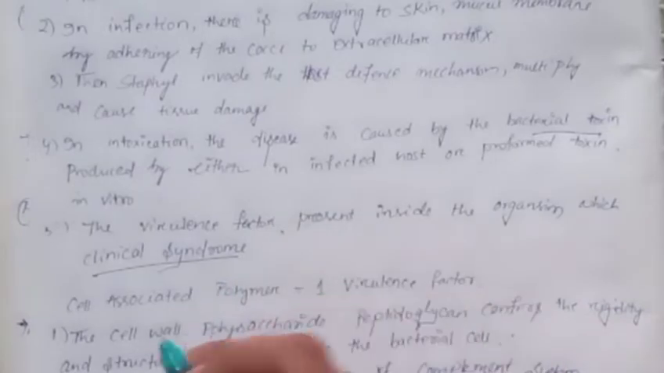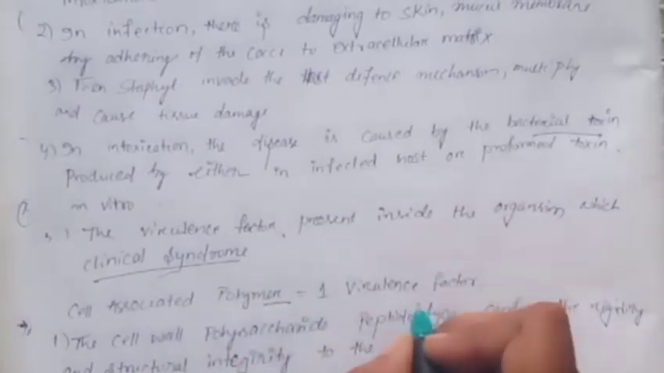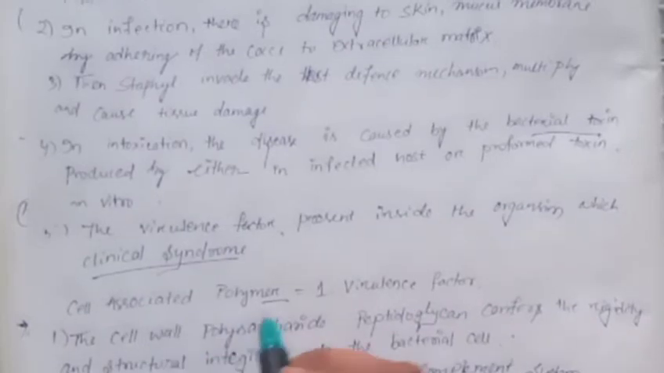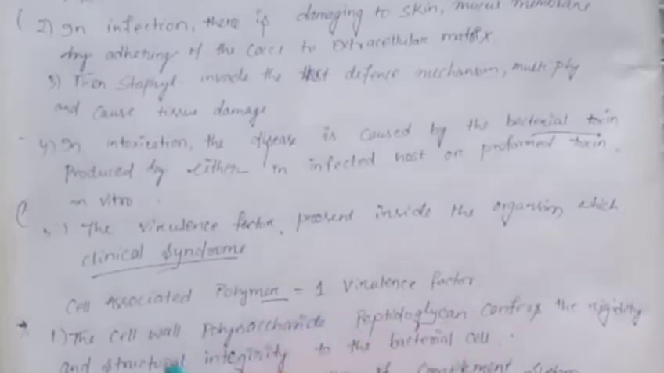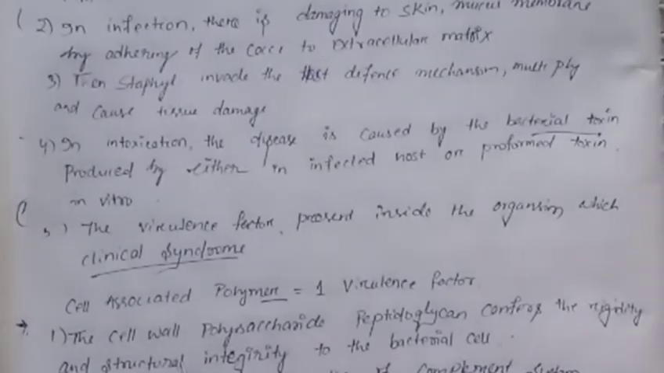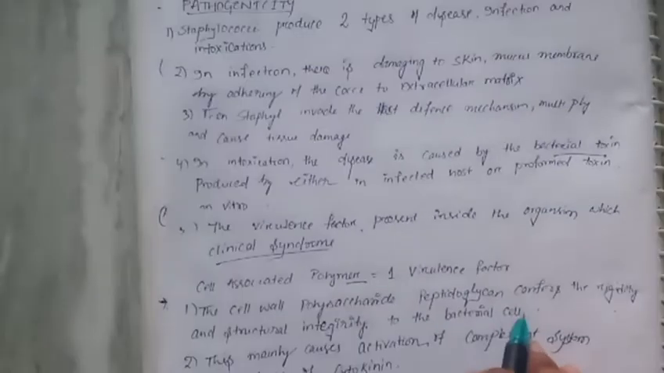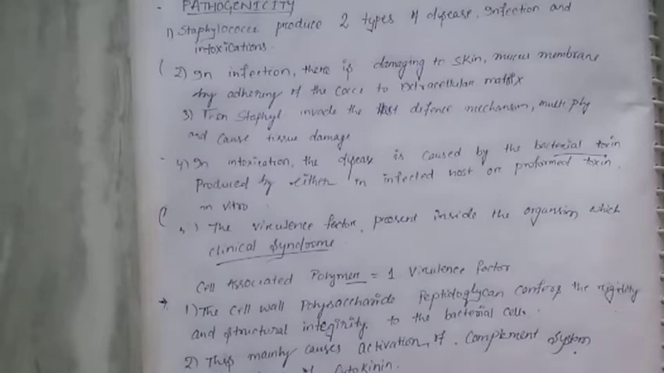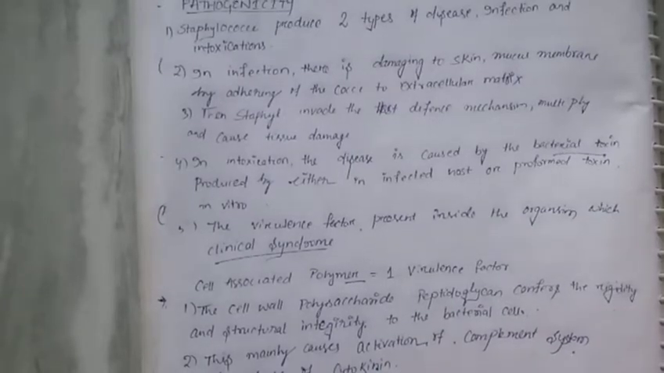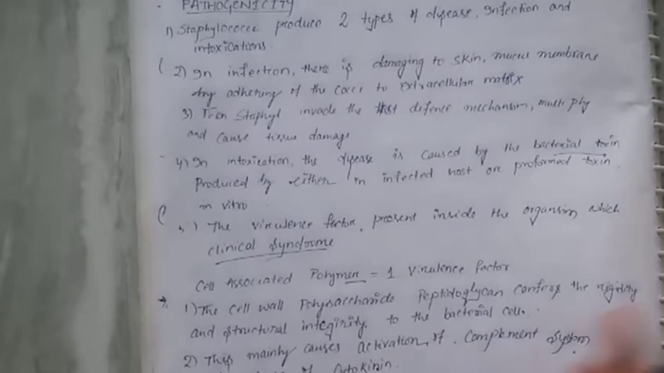Now what are the cell-associated polymers present in Staphylococcus aureus? They contain polymers, mainly cellular polysaccharide or peptidoglycan, which confers rigidity and structural integrity to the bacterial cell. This mainly causes activation of the complement system and release of cytokines. And there is also teichoic acid present in the cell wall